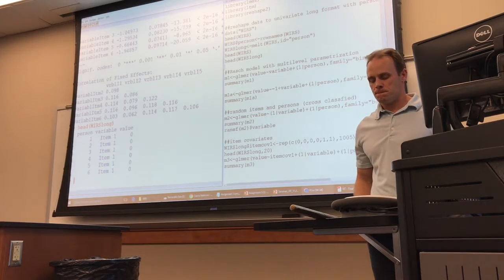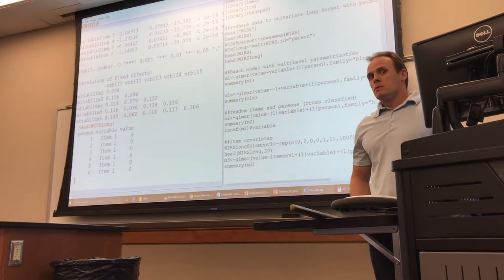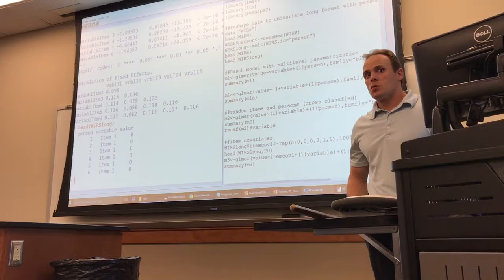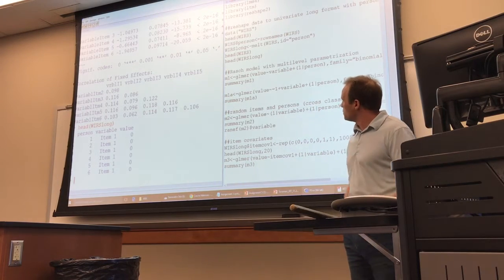So when you're fixing the loadings in this, where is that in your R code? How do you tell R that's what you're doing, that you're fixing your loadings to 1 to identify your model? So it's implicit here because